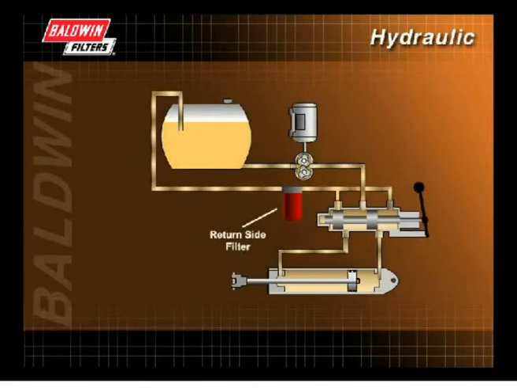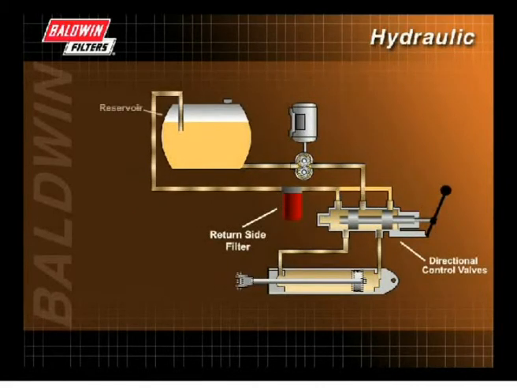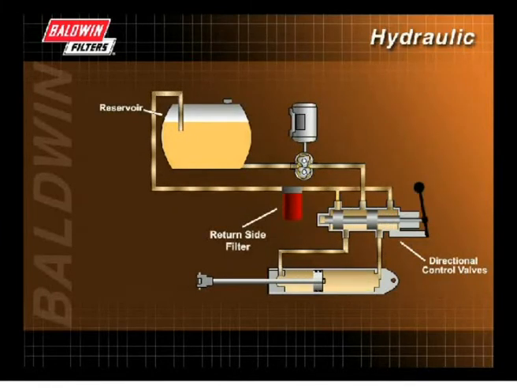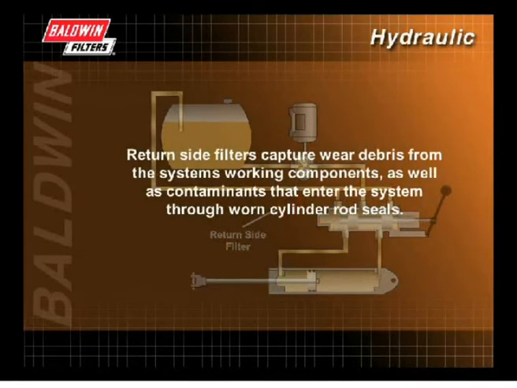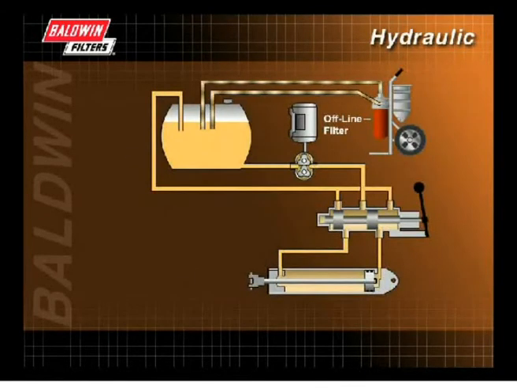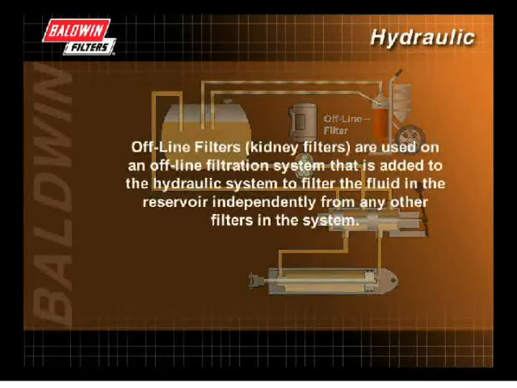Return side filters, which are located between the control valve and the reservoir, are the last components the fluid passes through before returning to the reservoir. Return side filters capture wear debris from the system's working components, as well as contaminants that enter the system through worn cylinder rod seals. Offline filters, or kidney filters, are used on an offline filtration system that is added to